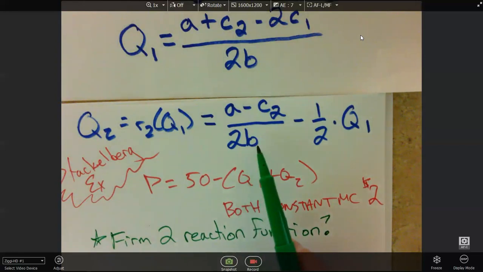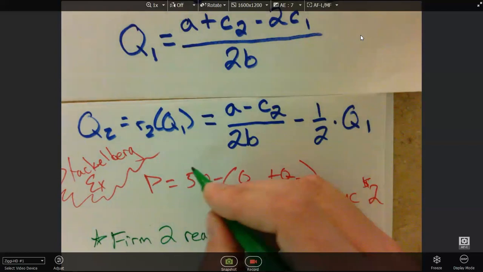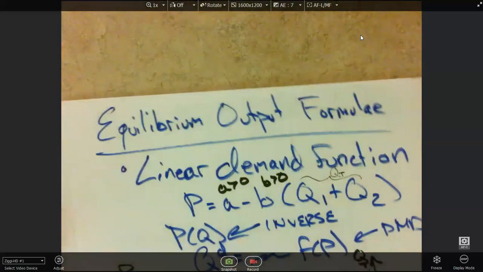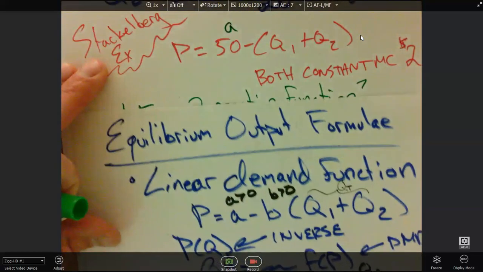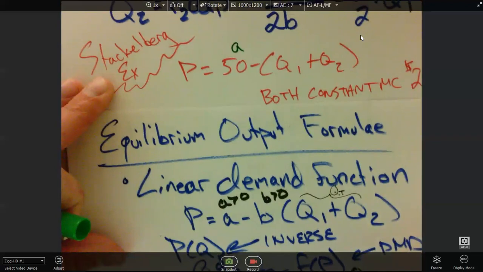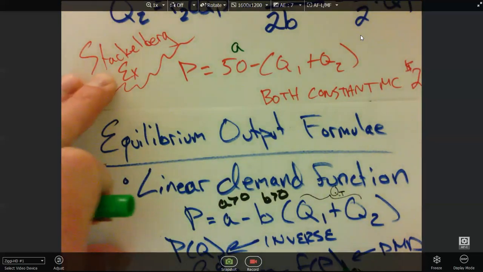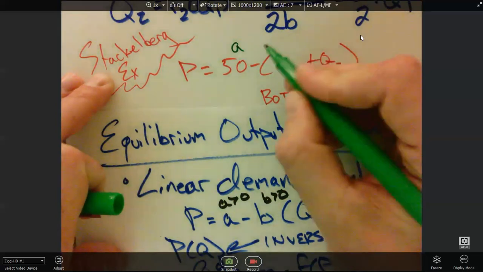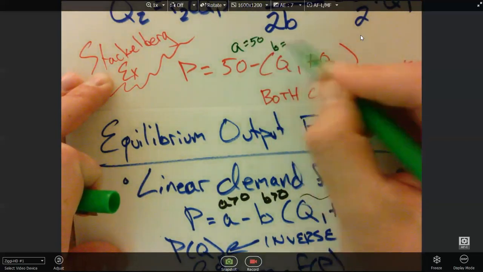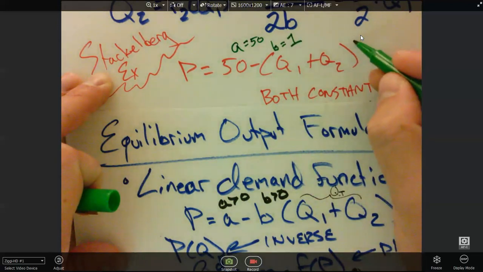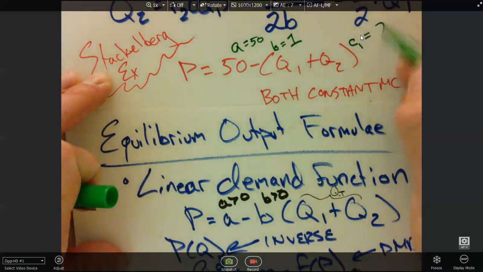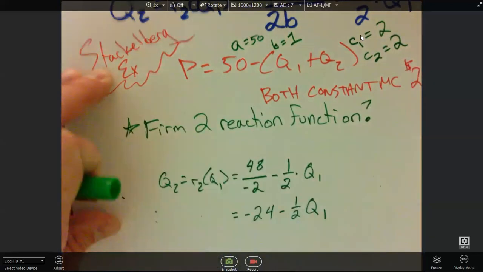So we have the reaction function here. We have the inverse demand. What's A? 50. Very good. How did you know that A was 50? Exactly, we're just matching that up with that. Sweet. Then what is B? Is it -1? I actually made this mistake myself. It's just positive, because the negative is already in the formula. So A equals 50, B equals +1. What is C1? 2. What's C2? 2. Okay, so now let's plug that in